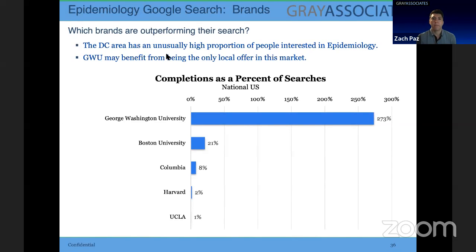So again, we leverage our database to be able to do a lot of high level and detailed data analysis about programs and markets. But then we also have these additional databases where we can really dig into the details. And oftentimes that is required for some programs. I think epidemiology was a great example for that, where you can get a lot more information as you start to really dig into the details of the databases.